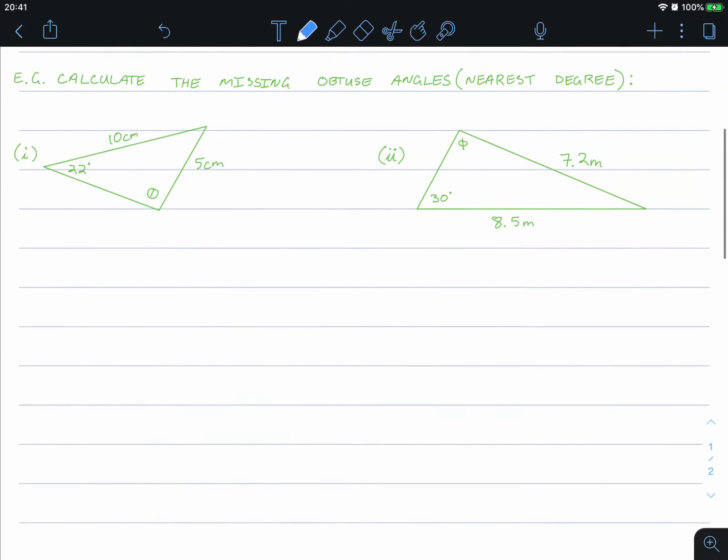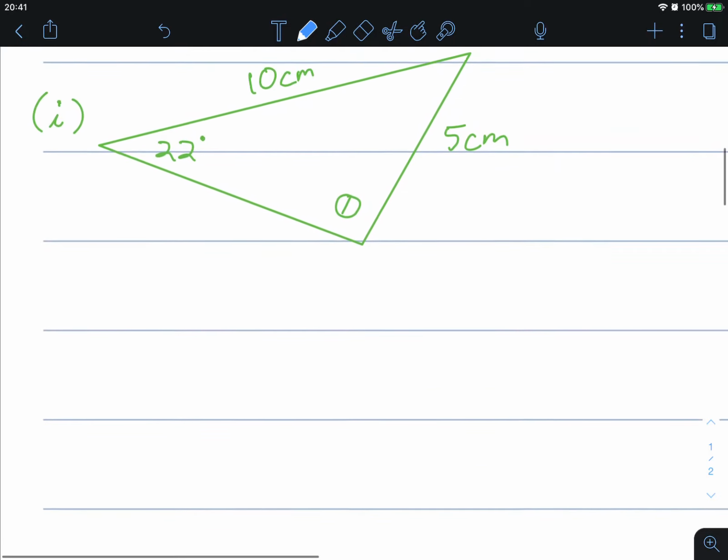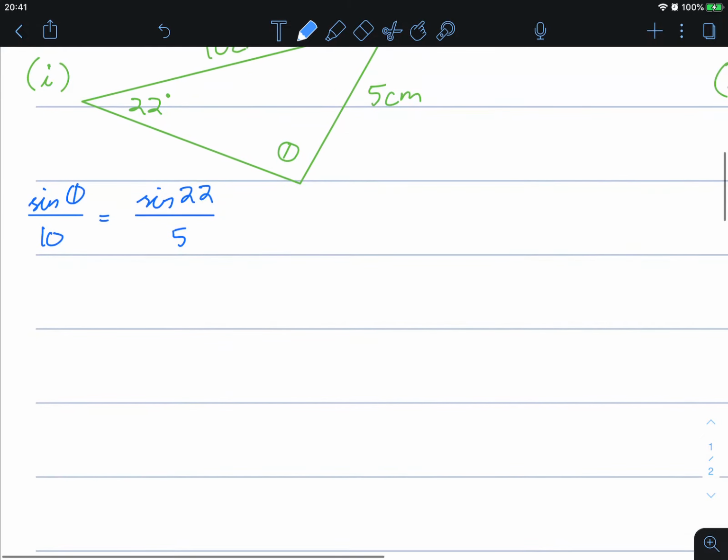Calculate the missing obtuse angle. If it's not clear enough, the question itself says we have an obtuse angle, to the nearest degree. So let's apply it as we normally do. Sine theta over its opposite side, 10, is equal to sine 22 over 5. Multiplying both sides by 10,